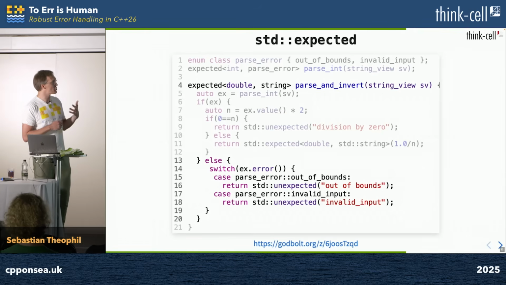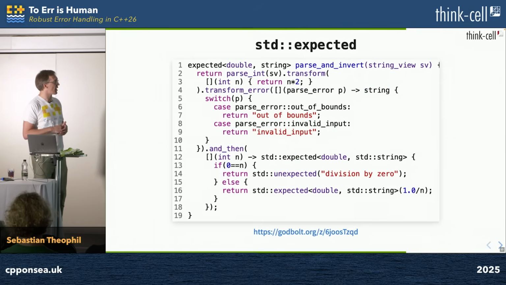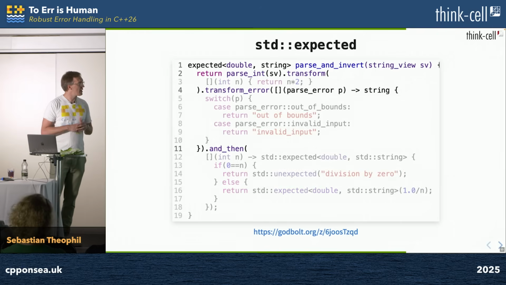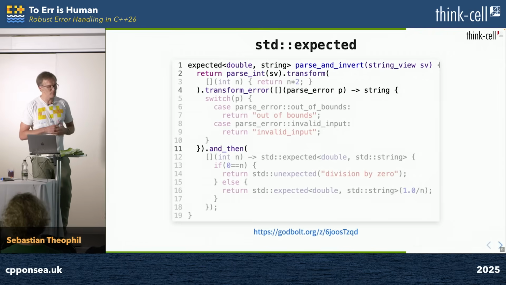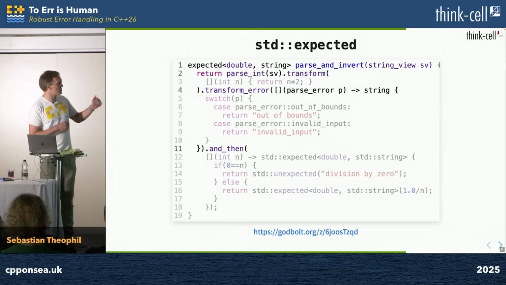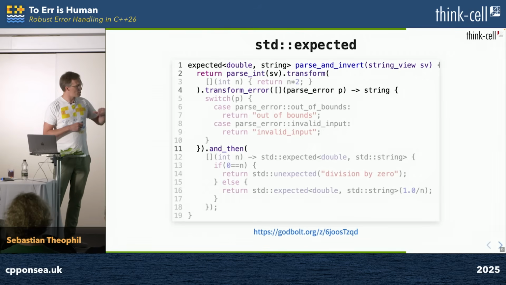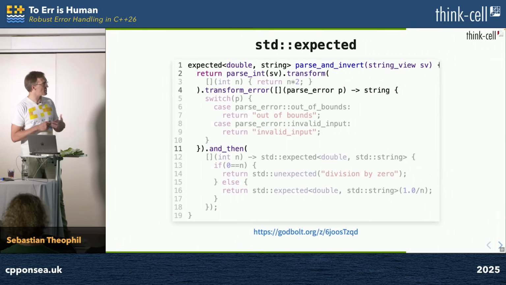Like std::optional, std::expected has a monadic functional interface that I would rather recommend. Here we have, again, parseInt in the beginning, and then there is a sequence of transformations on top of that std::expected that I will go into detail. So transform, transform_error, and there would also be or_else, are all functions on a std::expected that transform this expected value. Here transform,